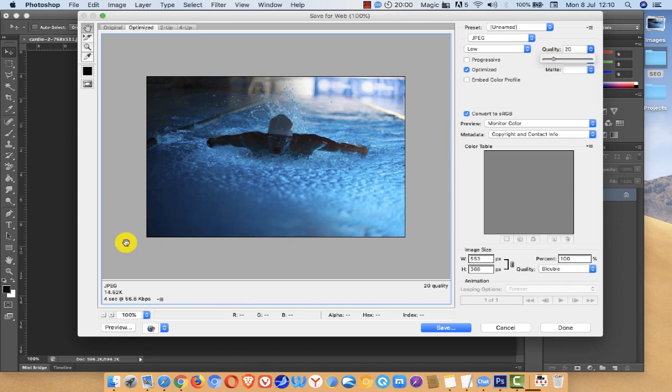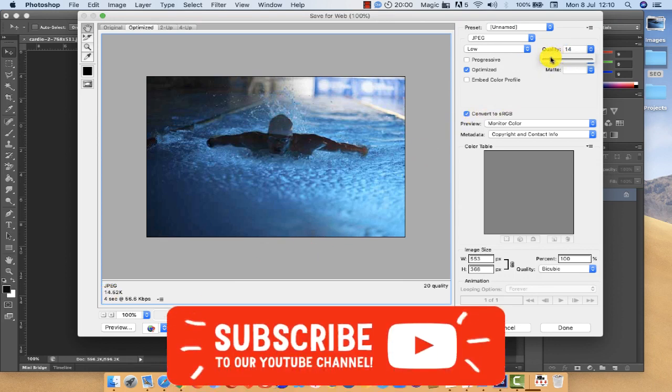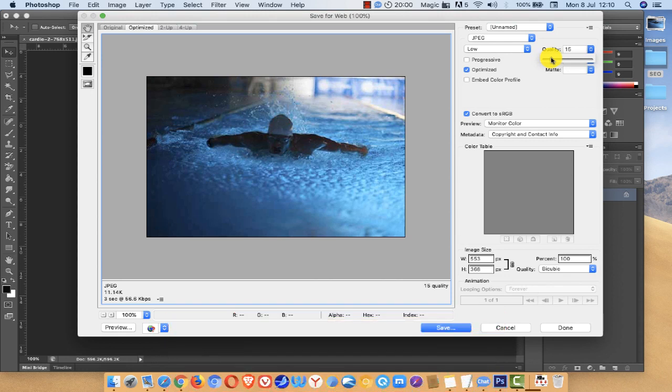Yeah, it looks fine, and we've got it down to 14. So it was 35, and now we've got it down to 14, and we could probably even take it further down without losing any visual quality. As you can see, I've put it down to 15 and it's now at 11. The end result is that it's going to load a lot faster and give a much better end user experience, and as I'll keep saying, it's going to help with rankings because you're giving a brilliant end user experience for your viewers. So if you're happy with that, you click save,